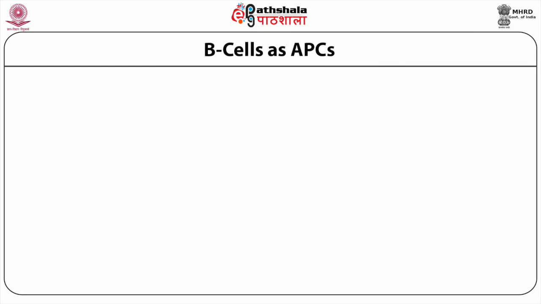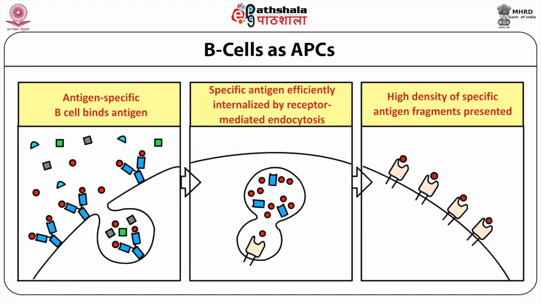Macrophages are more efficient at taking up particulate matter as compared to soluble antigens. Immature dendritic cells, however, can take up soluble antigens from extracellular fluids by macropinocytosis. B cells complement these by specifically binding soluble antigens through the Ig receptors. Let us look at what happens inside the B cells in a little greater detail. B cells express high levels of MHC class II molecules constitutively. The result is a high level of antigen presentation in the form of MHC class II antigenic peptide complexes. This in turn leads to their interaction with CD4 T cells.